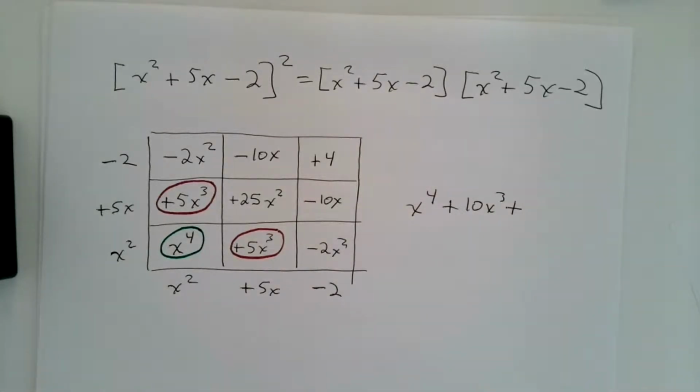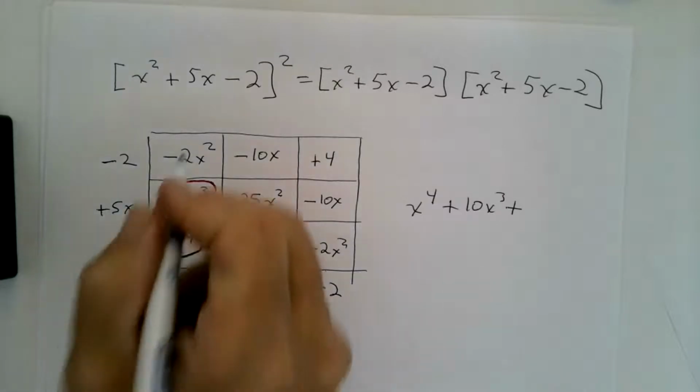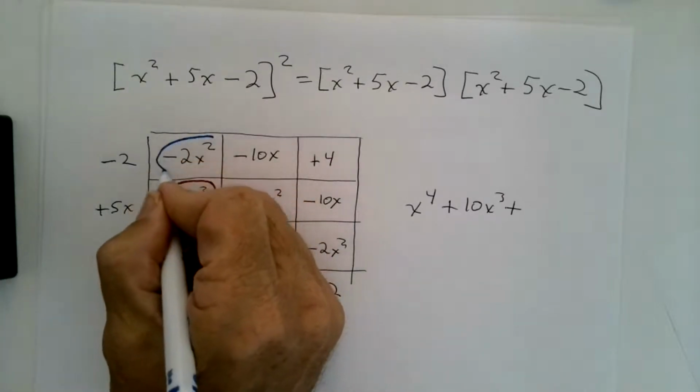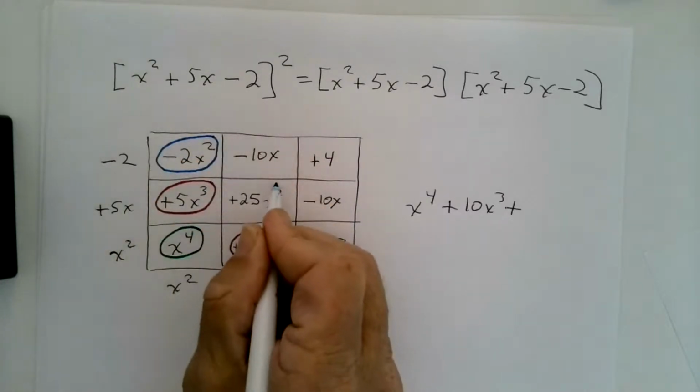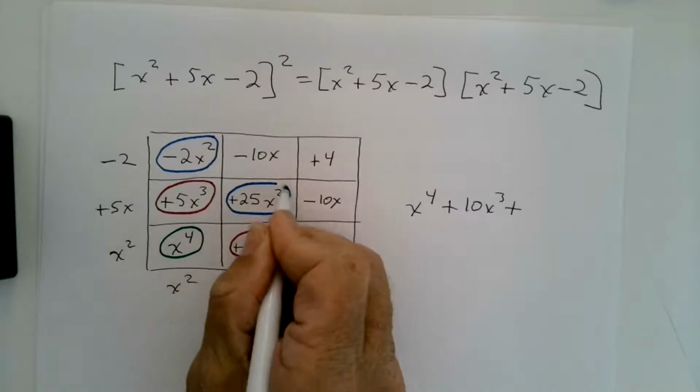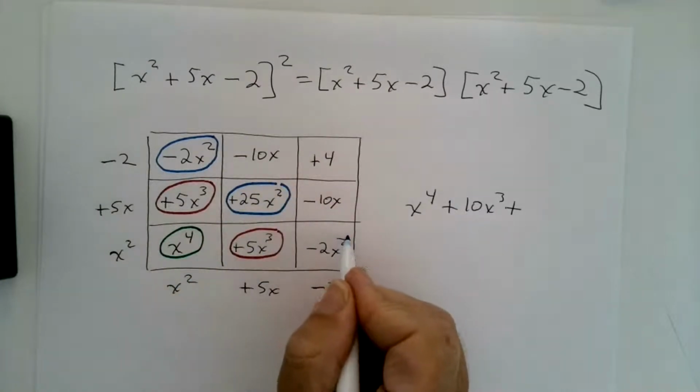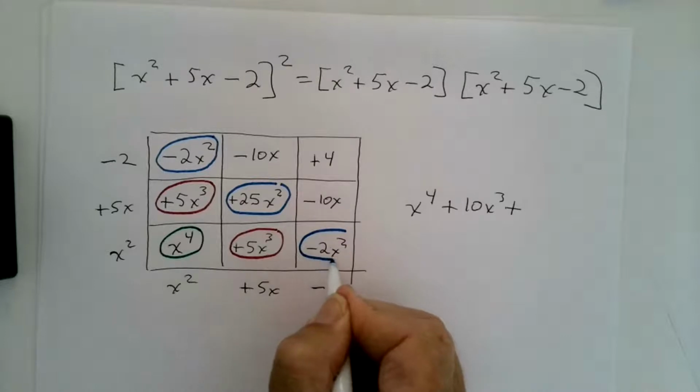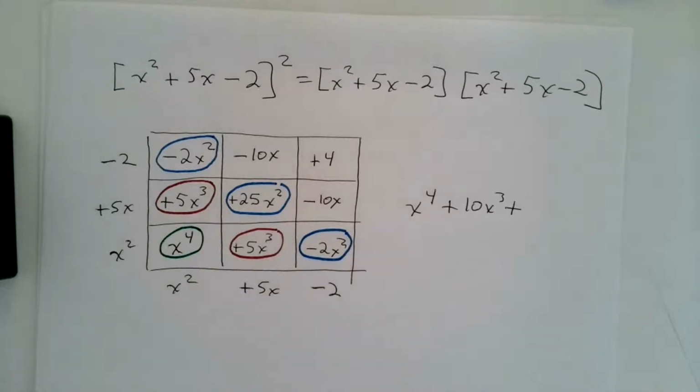Where are my x squared terms? I'm going to circle that in this blue. Negative 2x squared, 25x squared, negative 2x squared. 25 take away 2 is 23, take away another 2, 21, plus 21x squared,